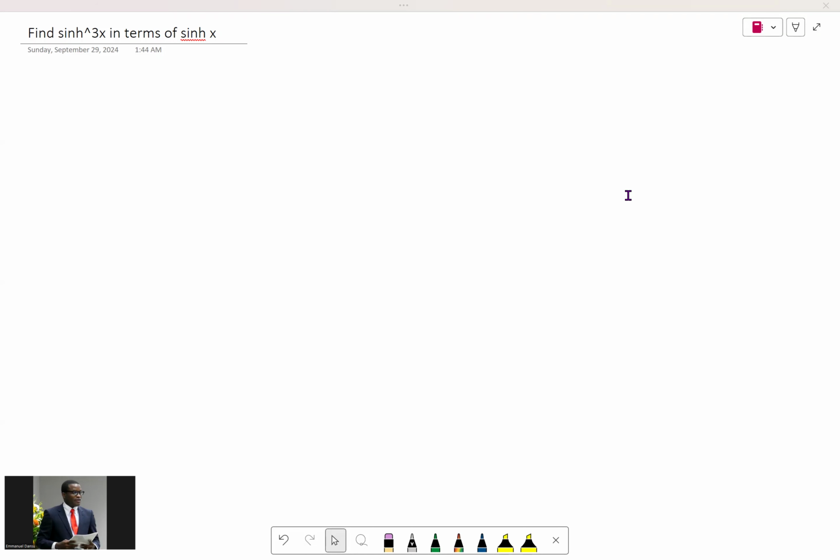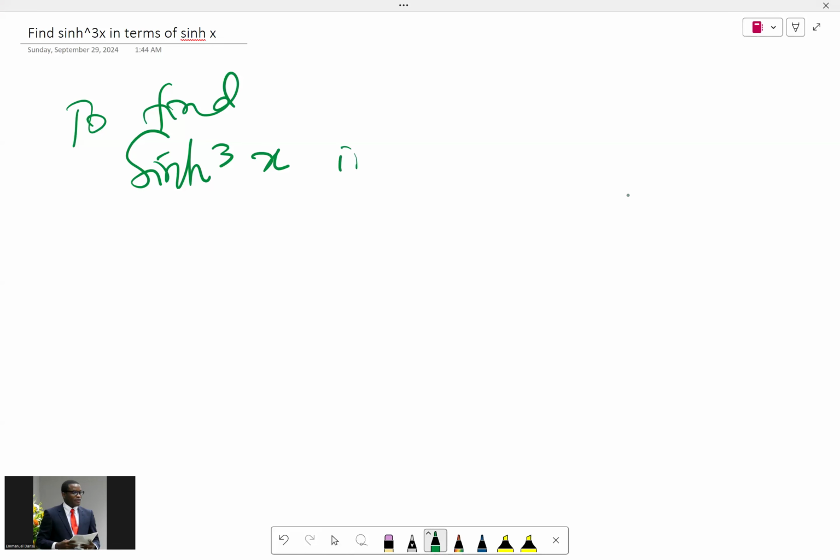I got this request from a friend to find sinh cube x in terms of sinh x. So that's what we want to do. So first of all, what we have is sinh cube x. So to find sinh cube x in terms of sinh x,